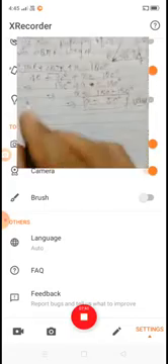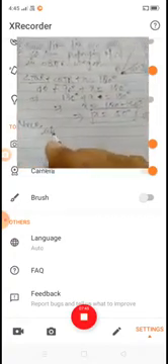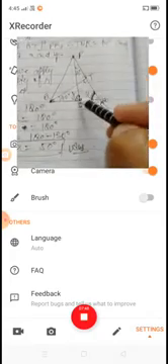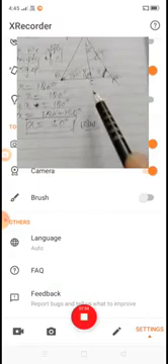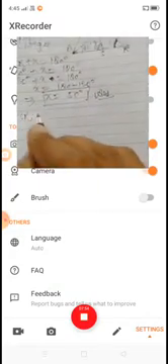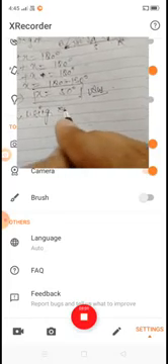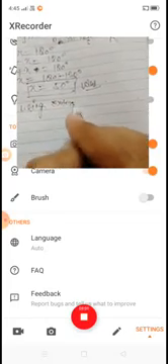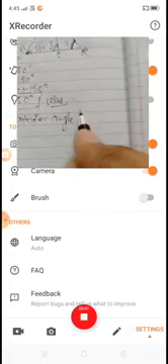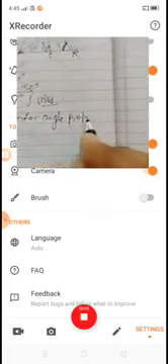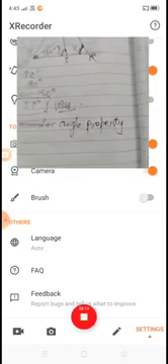Okay, now in triangle PSR, using the exterior angle property, we get